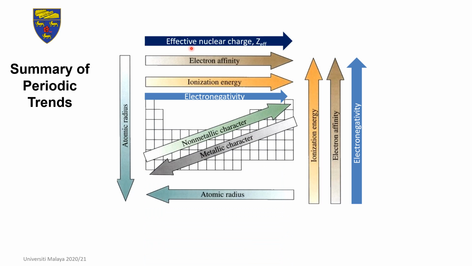Now we have come to the end of our periodic table chapter. So let's summarize some of the properties that we have learned throughout this chapter. First, you have to understand the concept of effective nuclear charge, Zeff, which increases across a period from left to right. When you understand Zeff, you will also have to understand the shielding effect provided by the added electrons